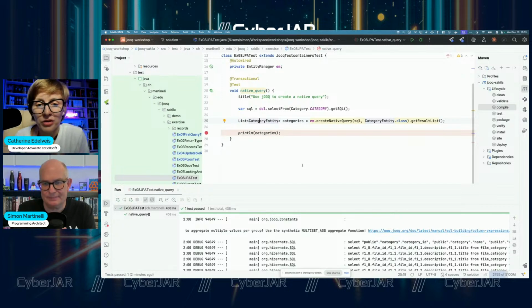Wow, that's pretty impressive. And I didn't know that you can actually mix JPA and jOOQ. I will surely try that out. Simon, do you have this project somewhere on GitHub so that we can share with our audience? Sure. So yeah, if you don't mind, just paste the links in the chat.